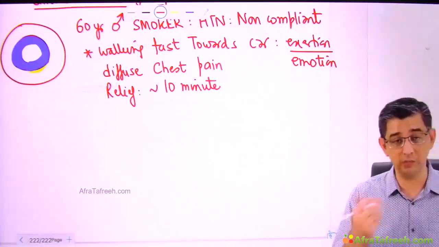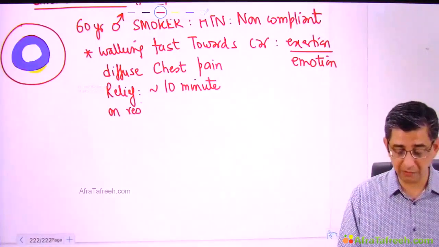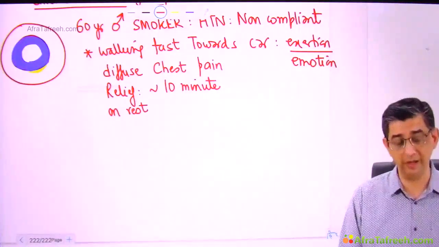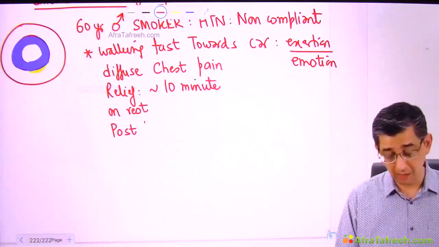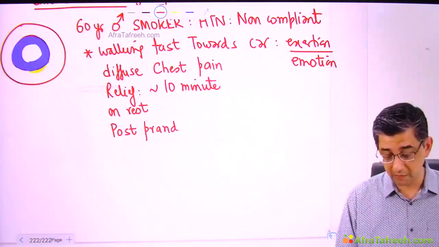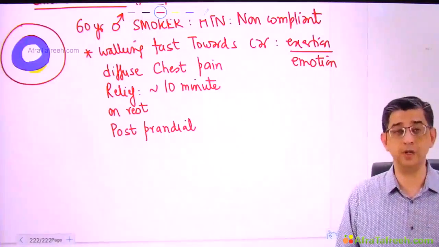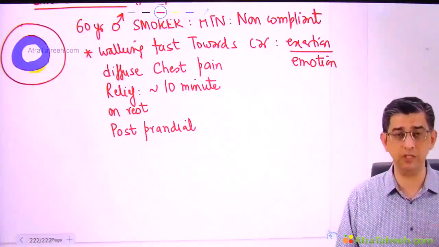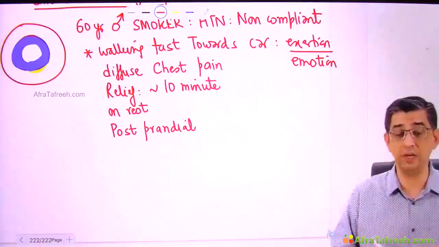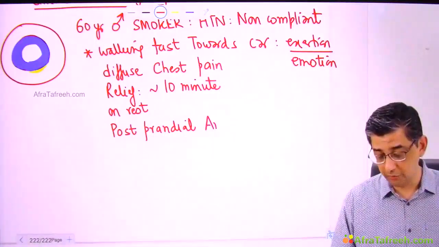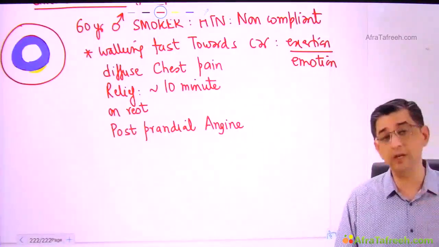If you give nitrates to these people, the duration of chest pain is going to be in the range of 5 to 10 minutes, can be a little more or a little less. And in fact, this person might even give you an interesting piece of information. "Sir, when I ate my dinner last night, I was having heaviness in my chest. I thought I had eaten some oily food, like, if there's a marriage party in the house, there might be cooks from outside. They will obviously be making food that is relatively heavy." So this person is thinking that he's having some kind of indigestion, but you will definitely get this history retrospectively in an individual that has postprandial angina.